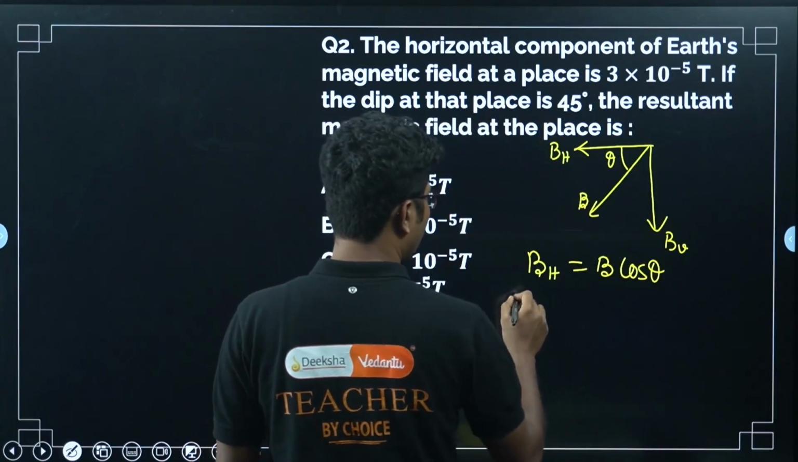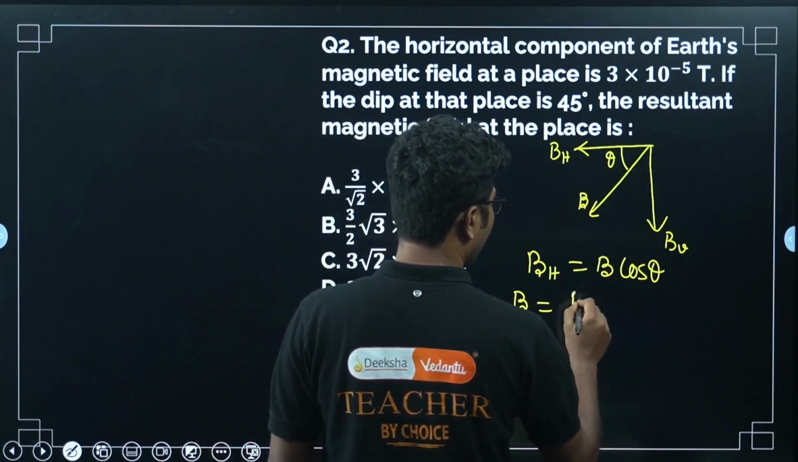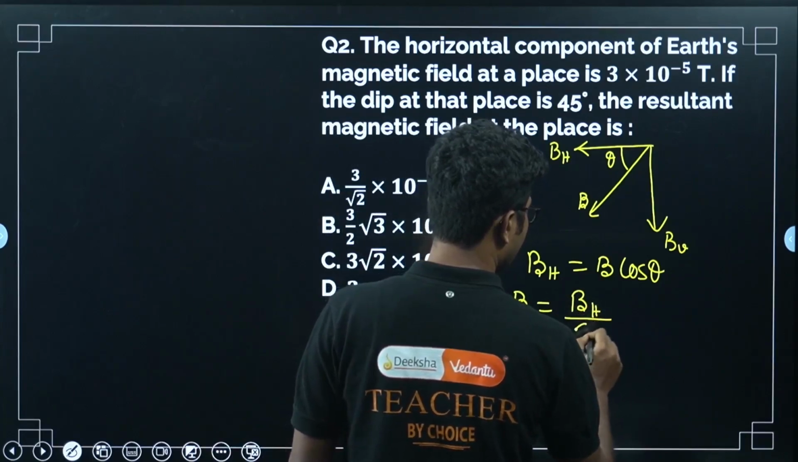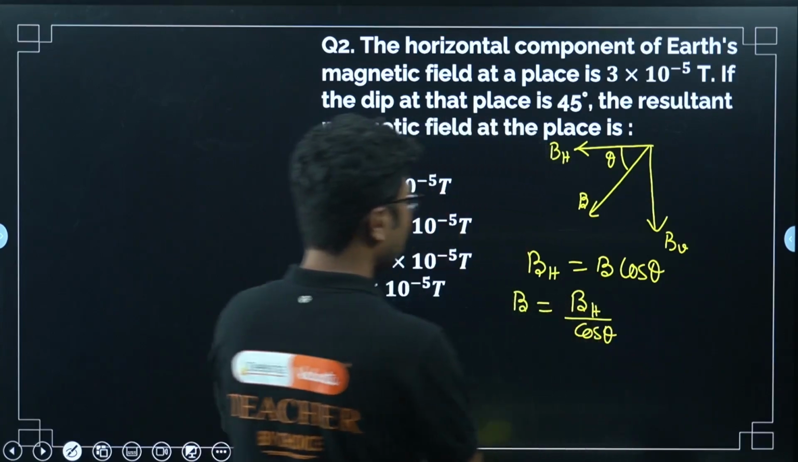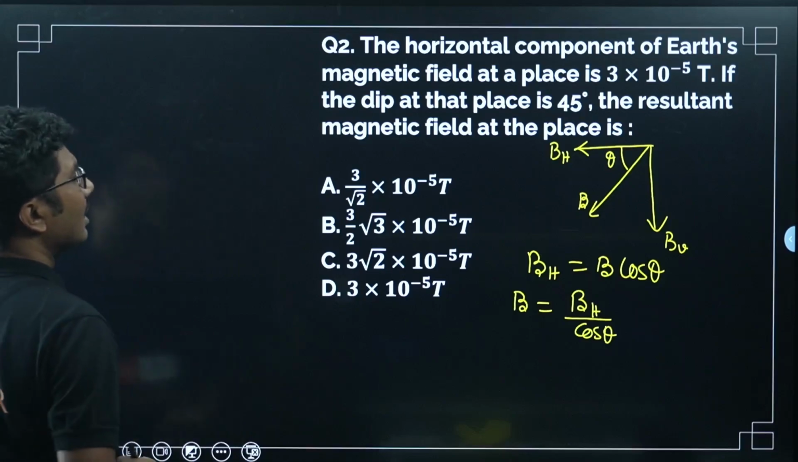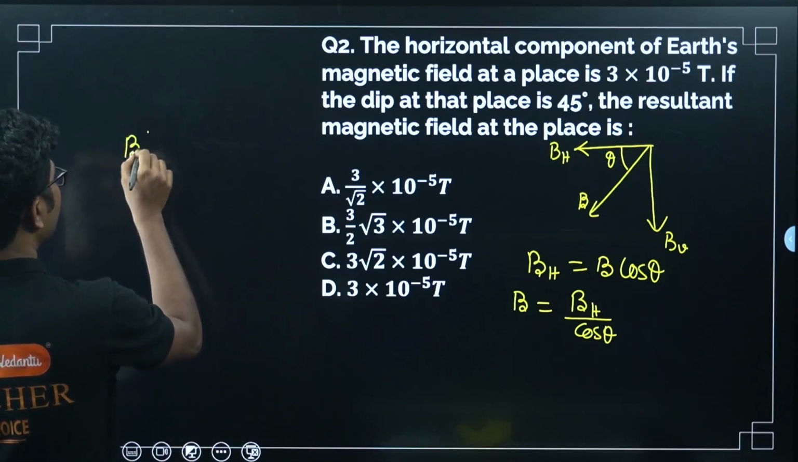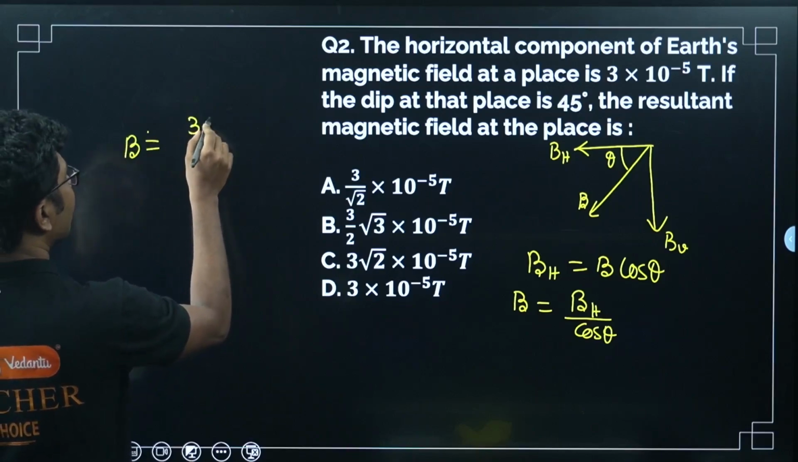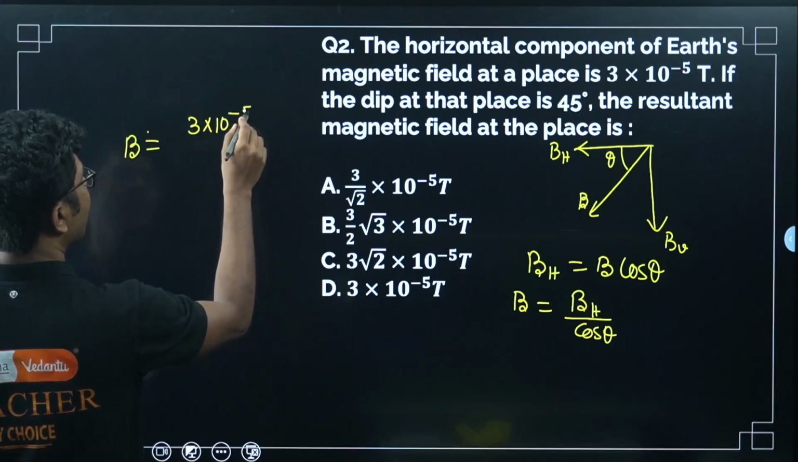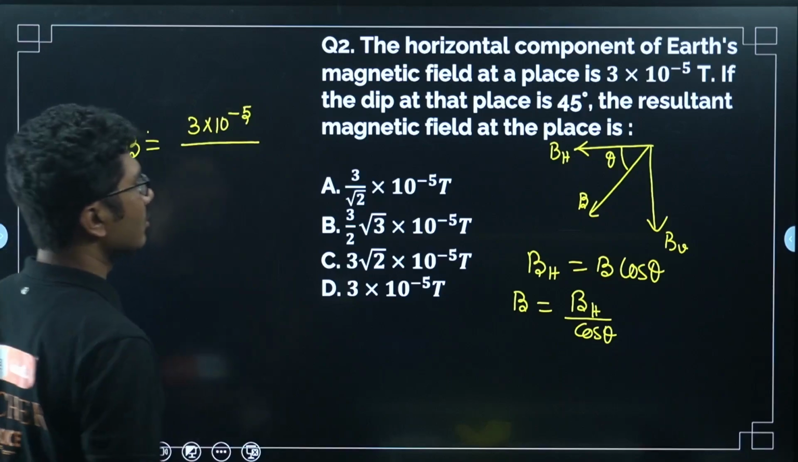Okay, so B should be BH divided by cos theta, right? Now BH is given by 3 times 10 to the power of minus 5 Tesla, so B should be 3 times 10 to the power of minus 5 divided by cos theta, cos 45,